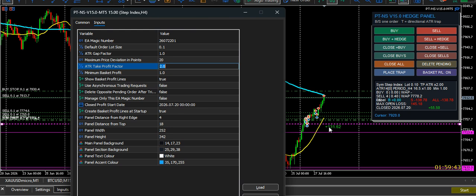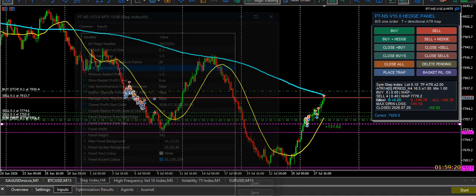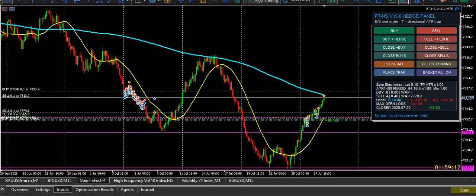So it will take 2 ATRs for each and every cell that's open now. Well, there's more than one cell open, that's for every cell. Now, if I go ATR profit here, I go 1, it should about half that now. Just watch what that profit line is going to do. There it recalculated. Now it will close everything at $50 profit.